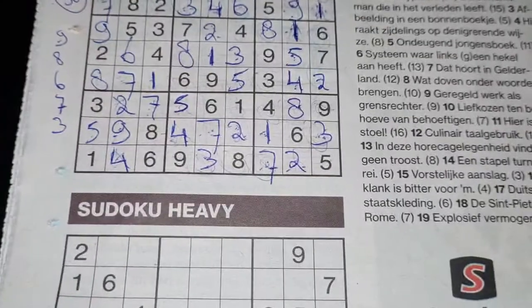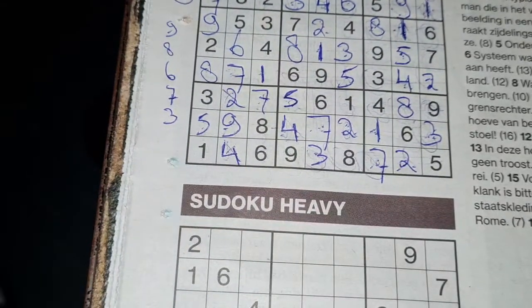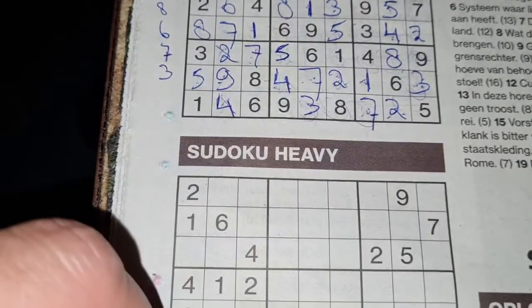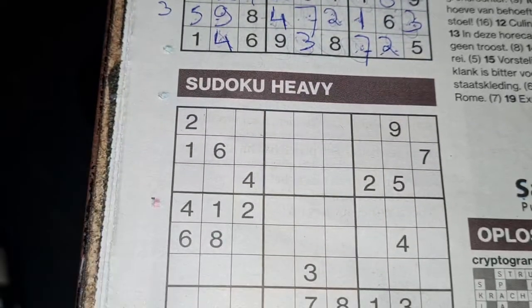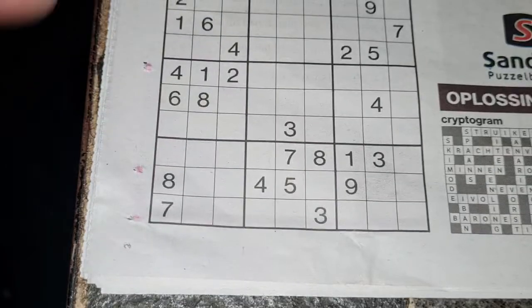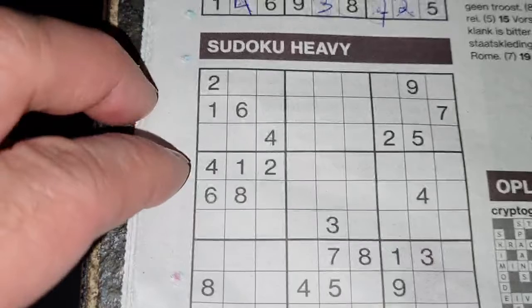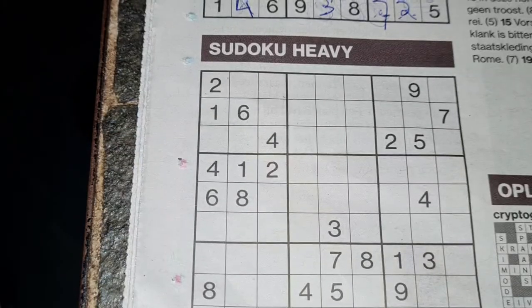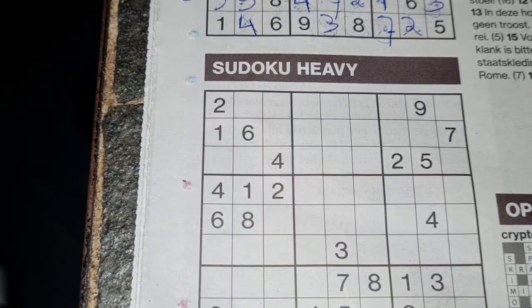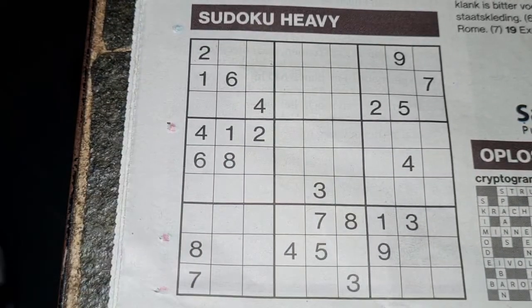heavy Sudoku. And today, yes, special day, because today there will be an announcement of the government. Will there be a lockdown or partial lockdown? I do not know, because the numbers are still increasing. People are infected with corona, so we will see. I don't like lockdowns, but anyway,